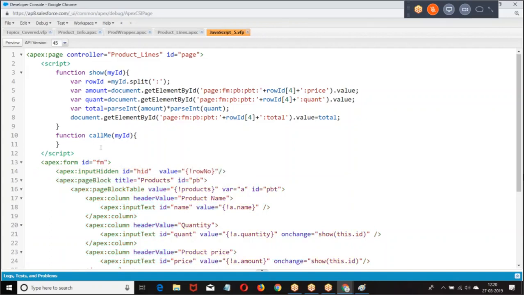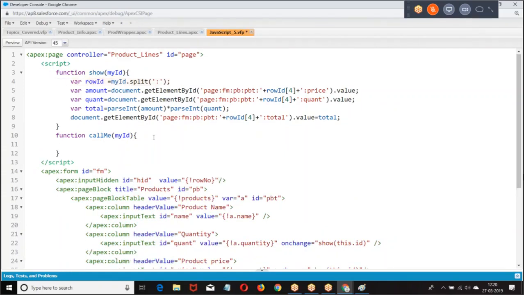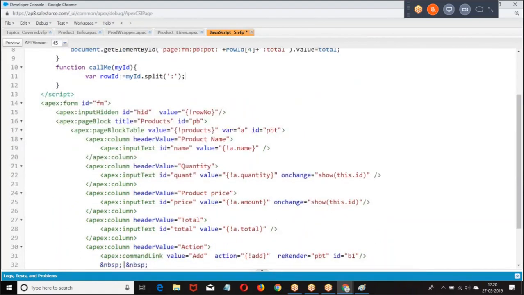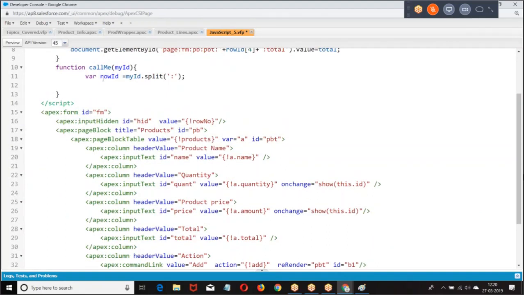Look at the point. When you get the ID, split the ID. When you split the ID, where is the row number? Row number is at 4th position. So what I'm doing? Document dot get element by ID, page form HID dot value equal to row ID.